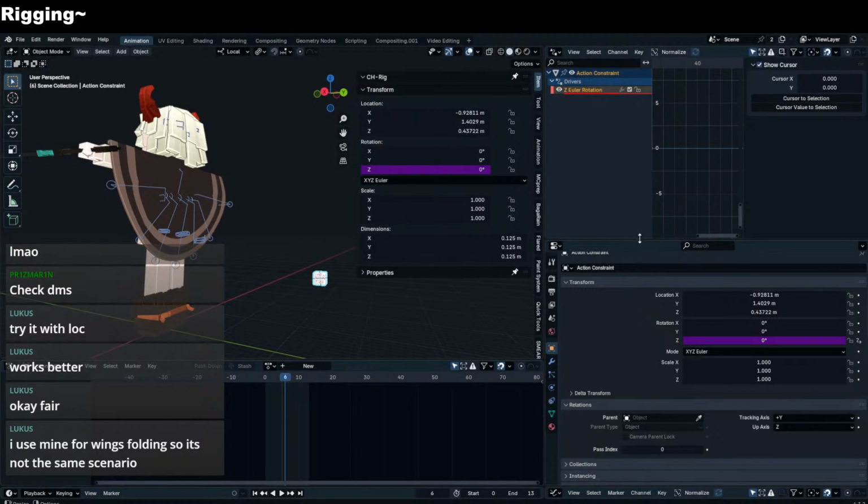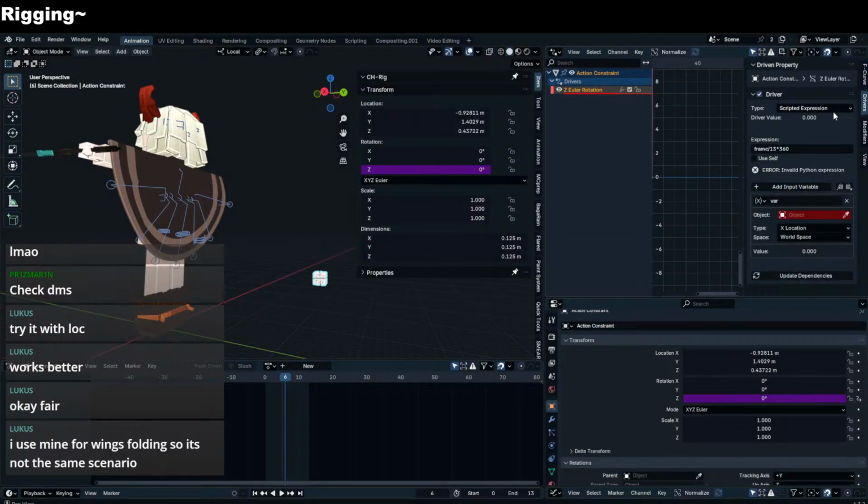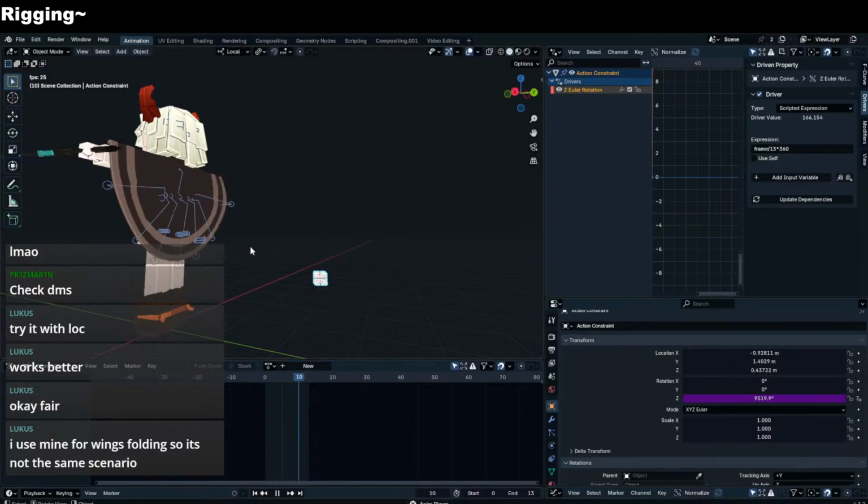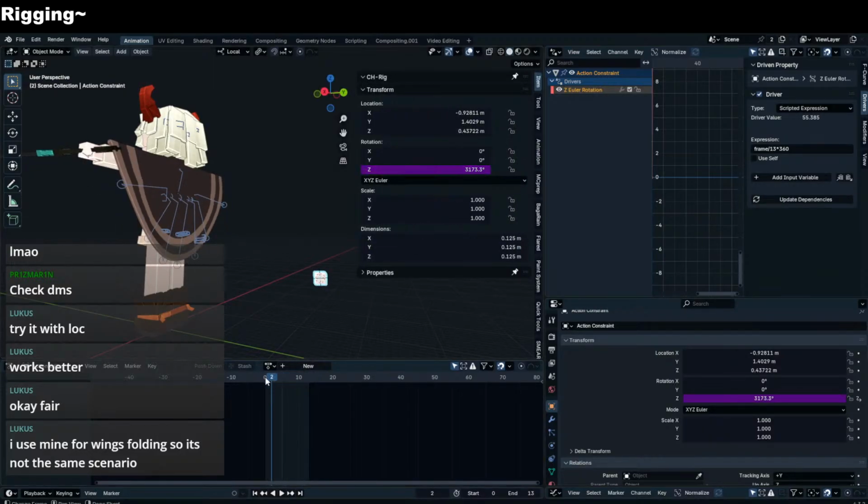Yeah, it's not the same scenario. I'm using it just to automate this thing. Don't need this. Invent Python expression. There we go. This is a little fast. Why is it so fast? It's frame divided by 13 times 30. Oh no, sorry, not 360. Times 2 pi. Okay, and then